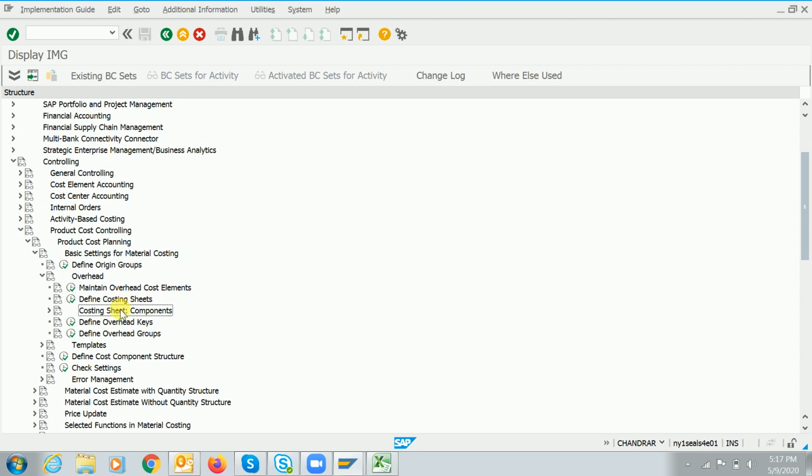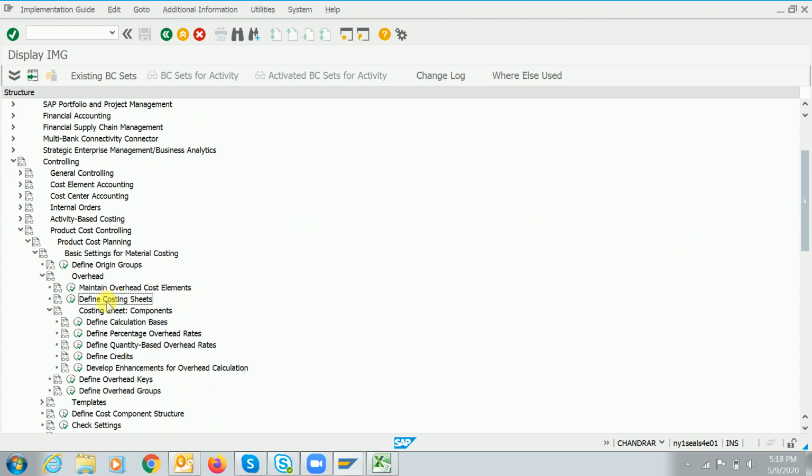This is the costing sheet IMG button. The required costing sheet components we have to maintain here, and whatever components we have maintained we can use while creating the costing sheet. Take a screenshot and make a note, guys: Controlling, product cost planning, basic settings, overhead, then costing sheet and costing sheet components.